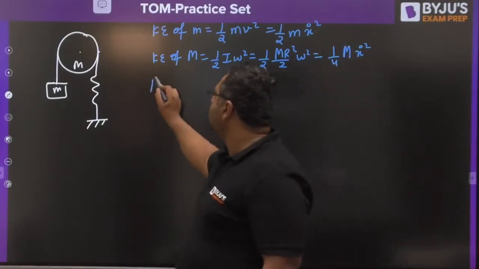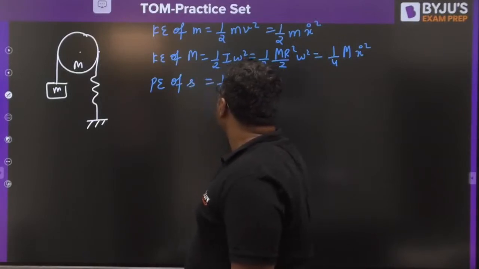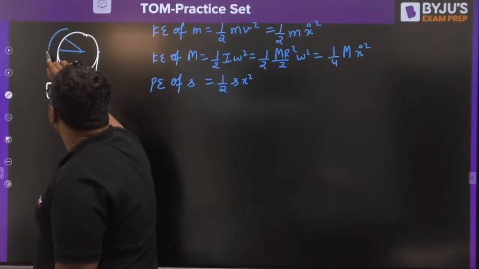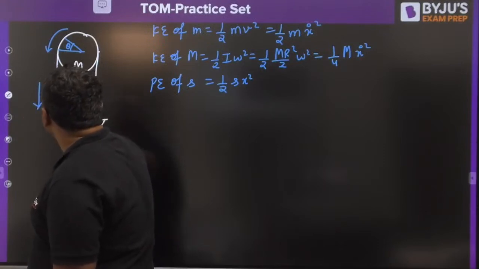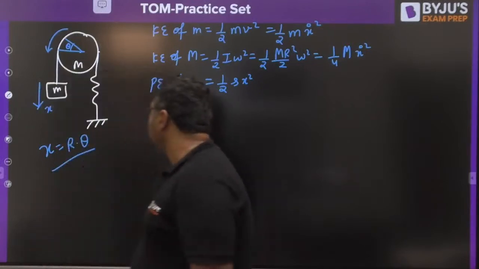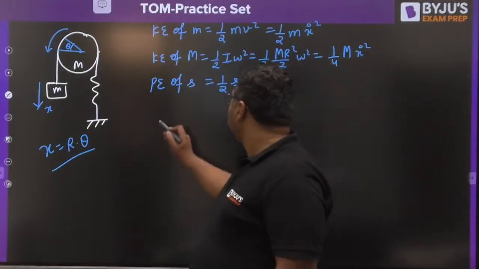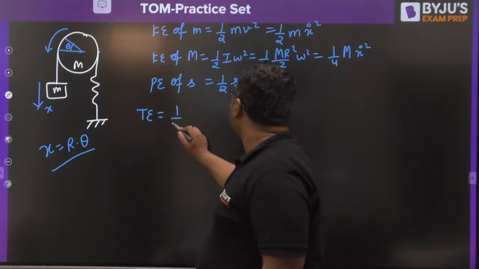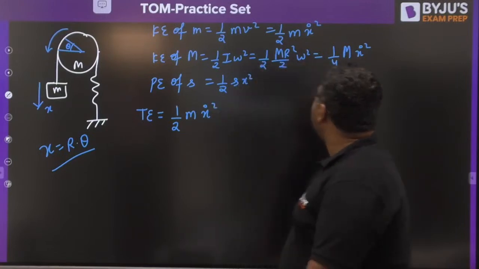And my dear, potential energy of spring is half S x square. If you give an initial disturbance of theta and it goes down by x, then x is nothing but r into theta. We are assuming it initially. So you can put the value. Total energy is 1 by 2 m x dot square